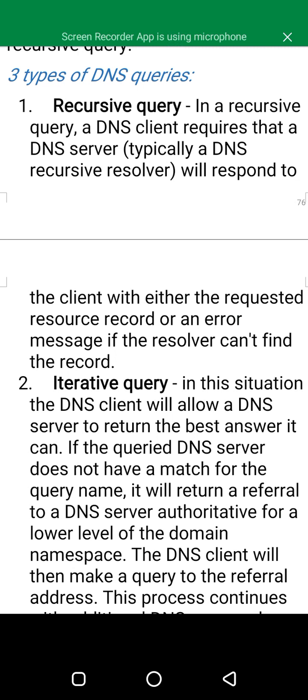The second one is the iterative query. In this situation, the DNS client will allow a DNS server to return the best answer it can. If the queried DNS server does not have a match for the query name, it will return a referral to a DNS server authoritative for the lower level of the domain namespace.